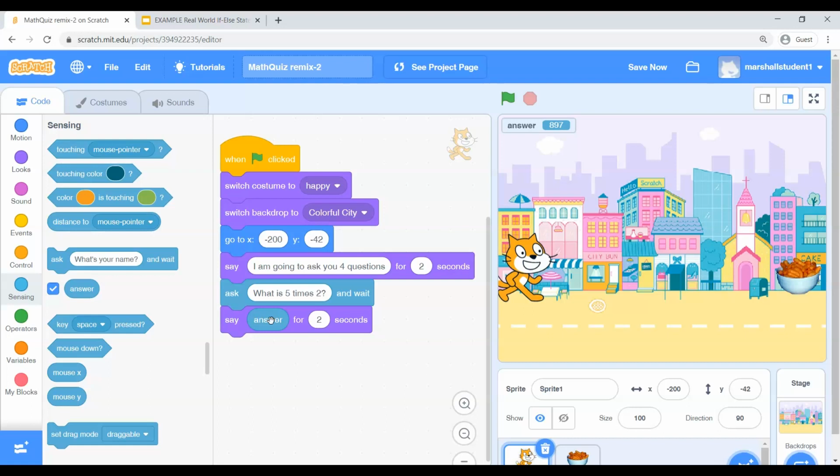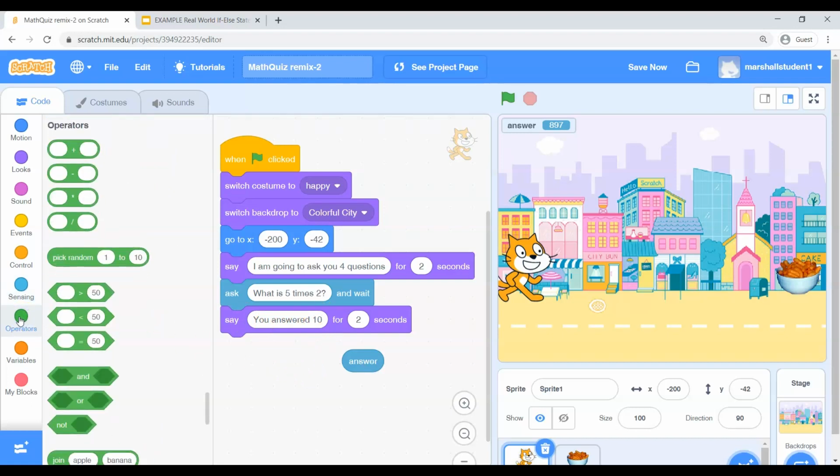Crazy. Here we go. We've got an ask block, and then we're following up with a say. I want to make this a little fancier, right? Because I want to kind of say you answered and then whatever that answer was. So we're going to have to get a little more help. If I go to the operators tab,